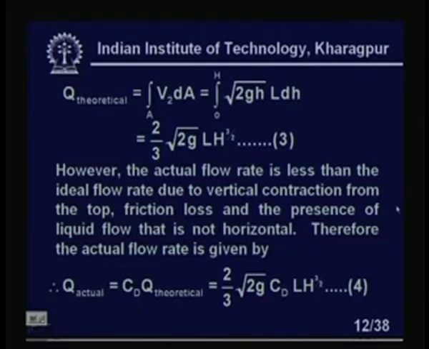For that reason, we are telling you, see how the actual flow rate is less than the ideal flow rate due to the vertical contraction from the top, the friction loss, and the presence of liquid flow that is not horizontal. Therefore, the actual flow rate is given by Q actual equal to C D Q theoretical, 2 by 3 square root 2 g C D L H to the power 3 by 2. This is equation number 4,